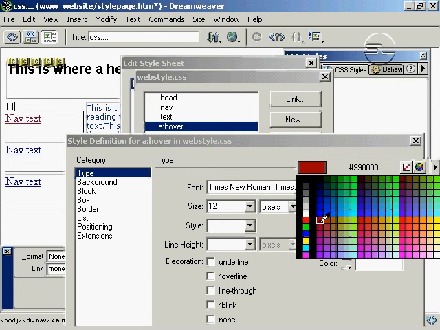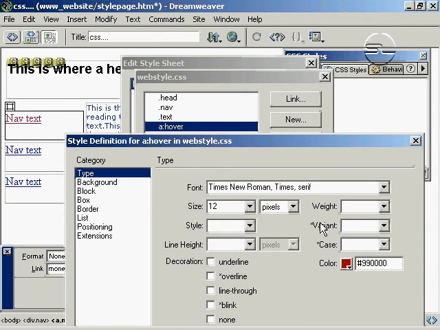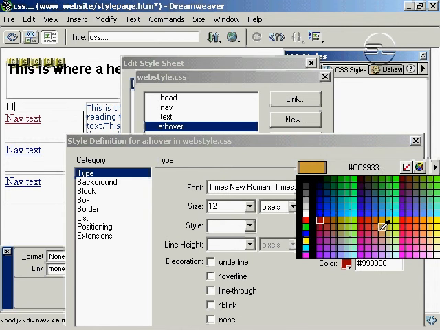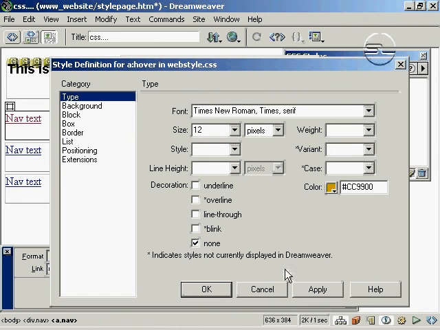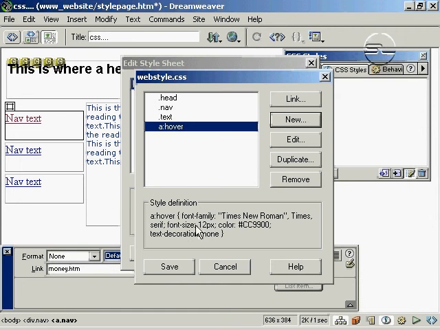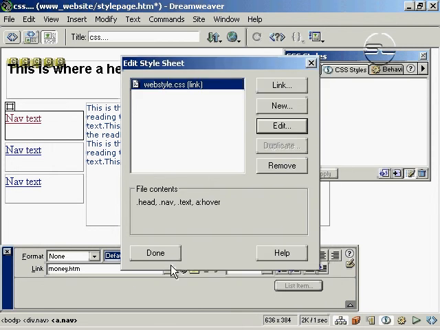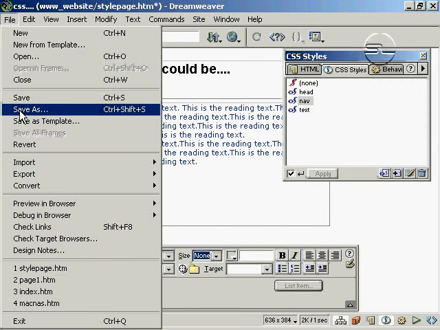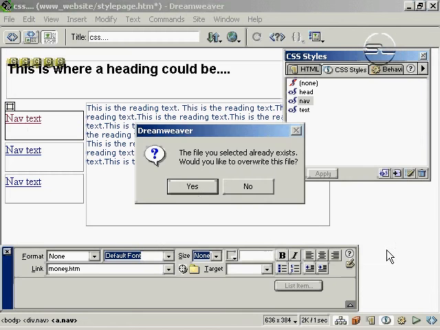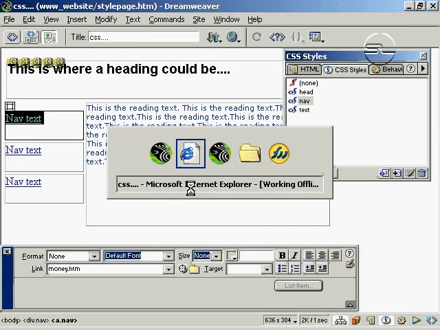So I'll set it to a distinctive different color, and decoration is none. So we click apply. So there's two styles now selected for this text here, the nav, and then there's the hover for the nav, and it'll make sense hopefully in just a second. So if you click file, click save as, save, yes,